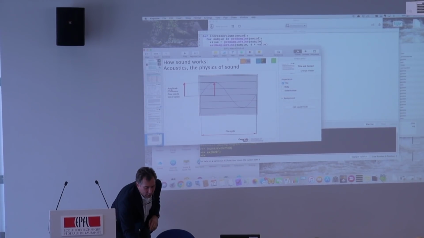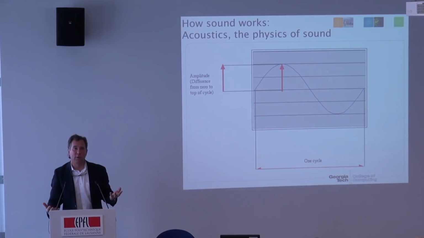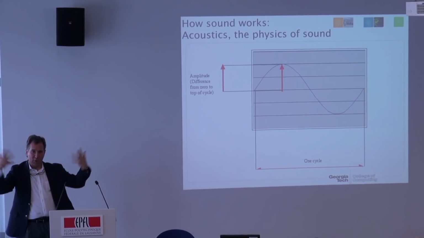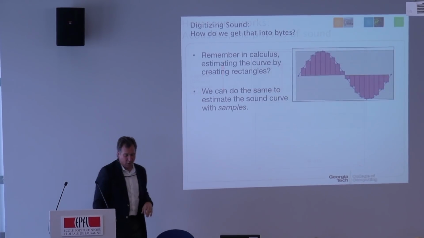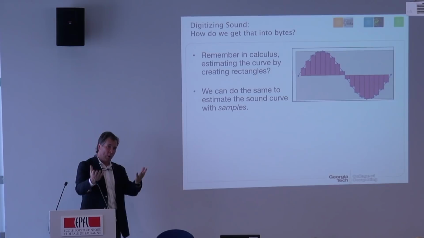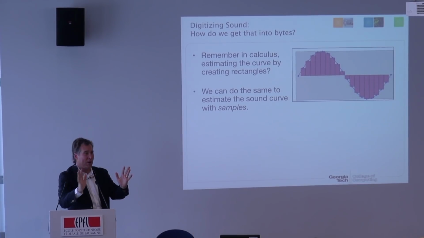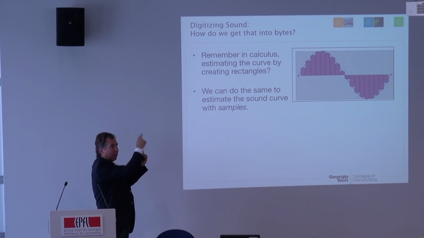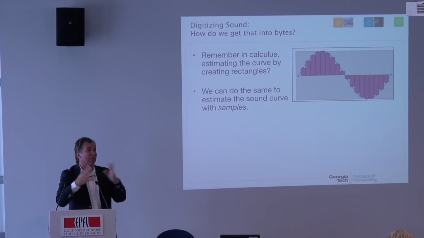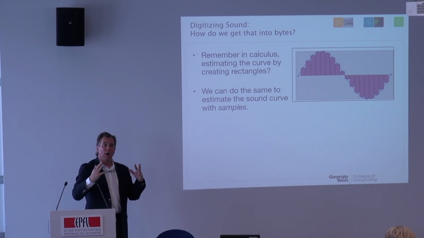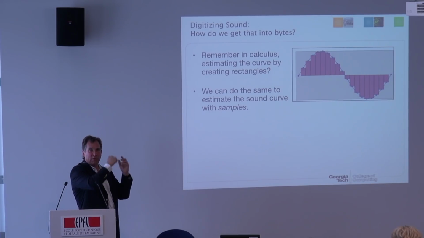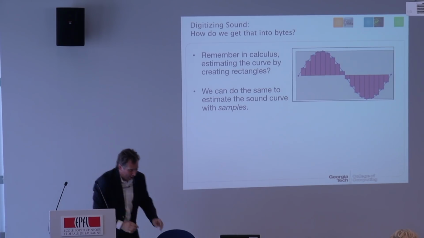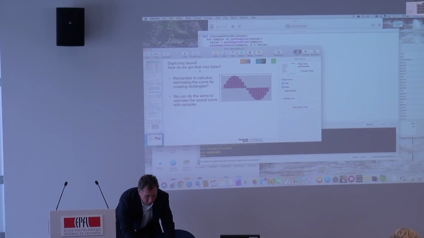How is it that we put it in a computer, right? Because I can't do this and put it in a computer. So we're going to have to turn it into a bunch of numbers. And the way I do that is with integral calculus. And since I teach the liberal arts majors, everyone groans at this point. But I say, it's okay. You remember how to do this. We're going to create these little rectangles. And the little rectangles, if you sum them up, that's the entire wave. All right, and we don't need to have an infinite number of rectangles. We just need twice as many as whatever frequency that we're trying to capture. But we capture each one of these as samples, as the height of the little rectangle, and this is how we're going to be able to manipulate them on the computer.